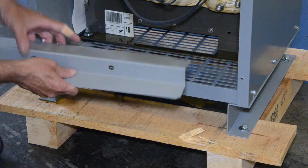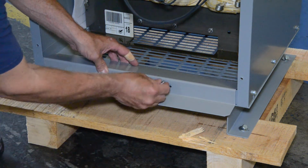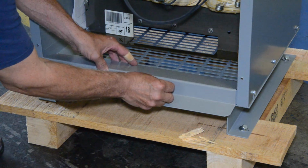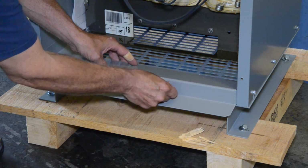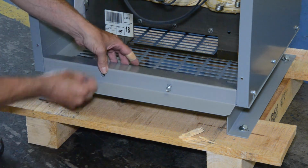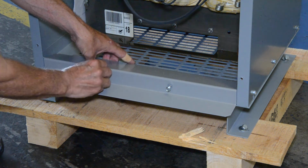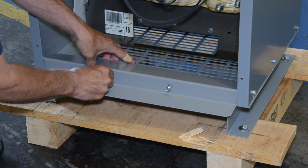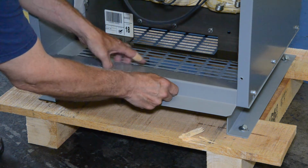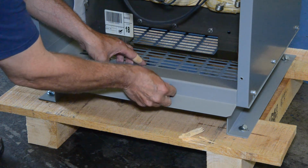Place both bottom weather shields in the transformer front and back by resting the shields over the base flange and aligning the holes in the weather shield with the base flange panel holes. Loosely install the bottom self-tapping screws through the weather shield into the base flange for all weather shield kits, except kit WS16. This provides support for the front and rear panels while reinstalling the self-tapping screws and securing each front